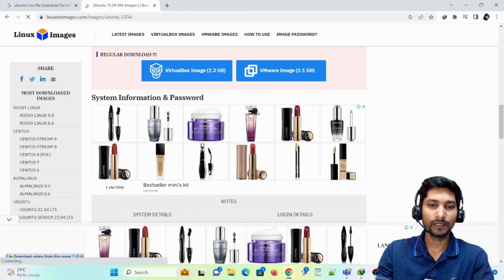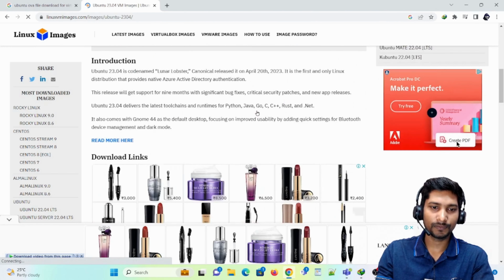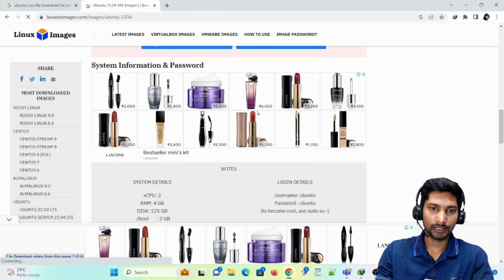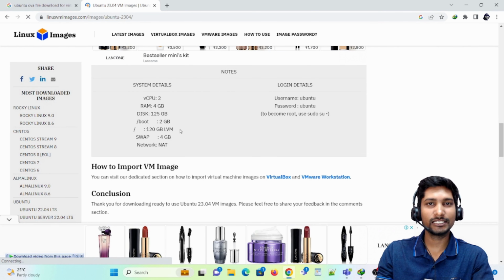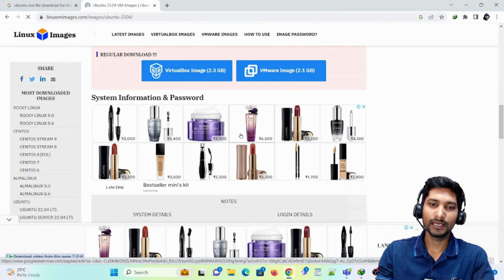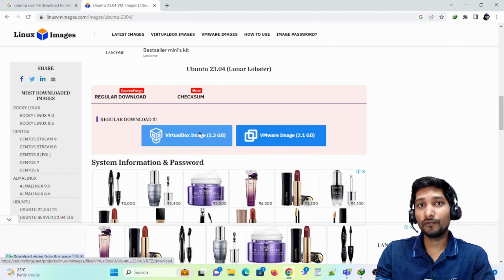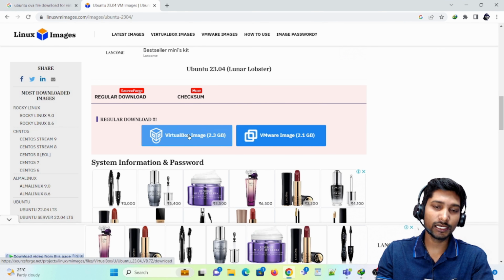वहाँ पे जैसे ही आप क्लिक करोगे तो थोड़ा सा नीचे जाओगे। ओके, ये थोड़ी सी सिस्टम रिक्वायरमेंट्स हैं। इतना रिक्वायरमेंट आपके पास होना चाहिए, 4 GB का रैम होना चाहिए, 125 GB एटलीस्ट डिस्क होना चाहिए आपका, और ये सीपीयूज वगैरह की जो भी डिटेल्स हैं ये आप देख सकते हैं। ये आपको वर्चुअल बॉक्स के लिए चाहिए। और अगर आपको VMware के लिए चाहिए तो यहाँ पे क्लिक कर सकते हैं। मुझे वर्चुअल बॉक्स के लिए चाहिए तो मैं यहाँ क्लिक कर रहा हूँ।